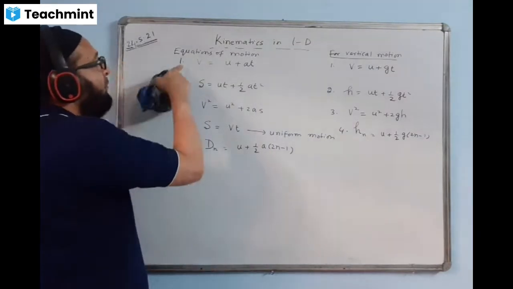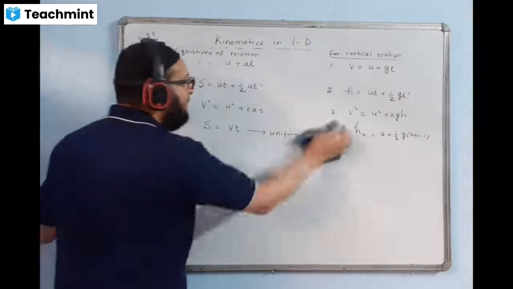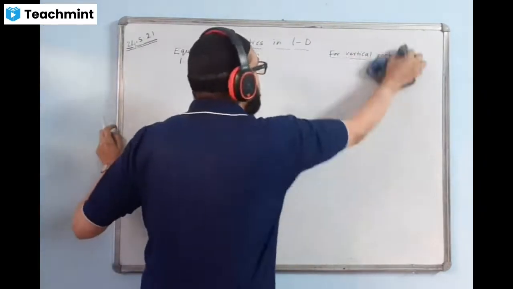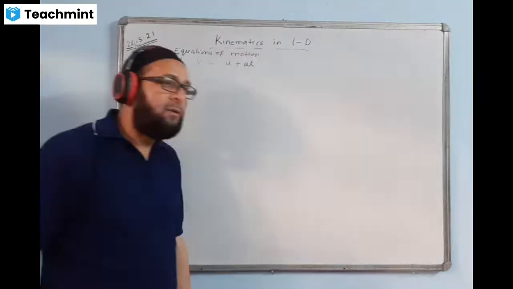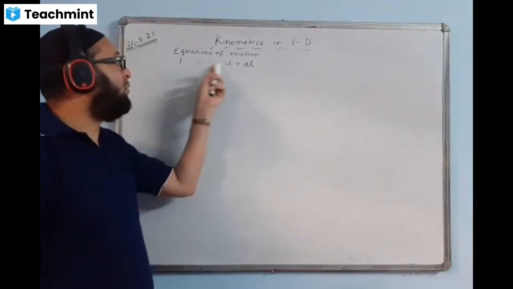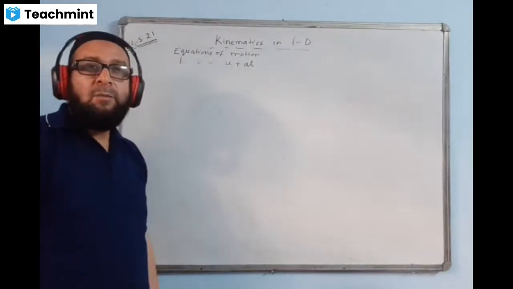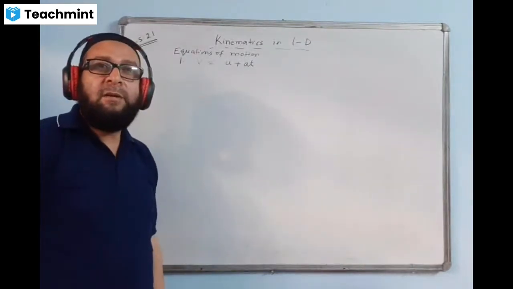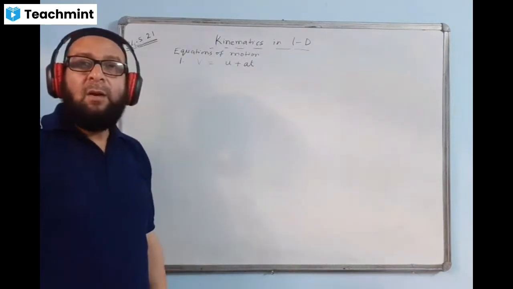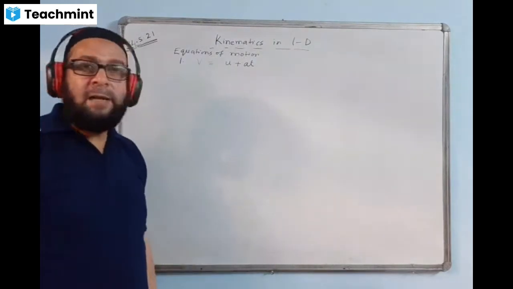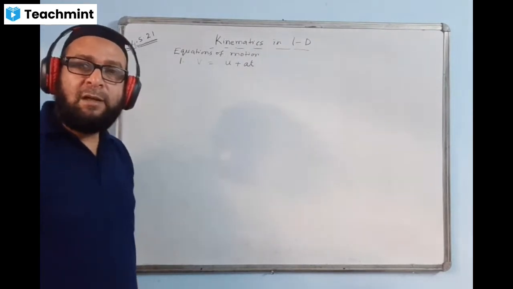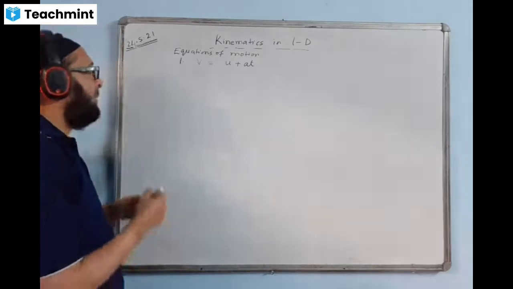Now we will be proving formula number 1. Okay, let us prove it. You may get a question of proving also. Proving type questions may come anytime, or even in ISC it will come: derive the formula V is equal to U plus AT. The method will not be mentioned, whether derived graphically, by calculus method or by analytical method. So you are at liberty to use any one of these methods.